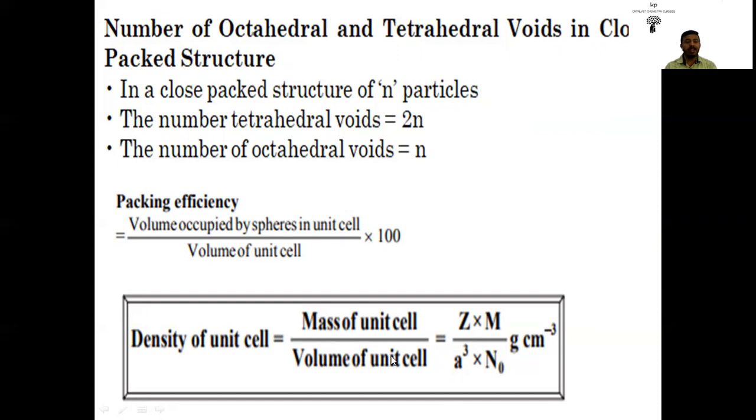Then density of unit cell. We know that density is nothing but mass by volume. So here also we have a formula to find out the density of a solid or unit cell, which is equal to ZM divided by a cube N_A, where Z represents the number of atoms, M represents the molar mass, a cube represents the volume of the unit cell, as well as N_A. We know that N_A is Avogadro number of particles, and the unit of density of a solid is gram per centimeter cube, because we are considering small particles, hence it is expressed in gram per centimeter cube. Otherwise, the SI unit of density is kg per meter cube.